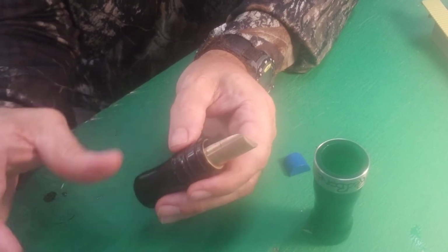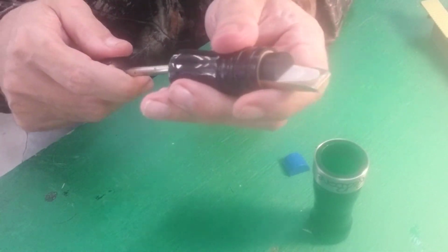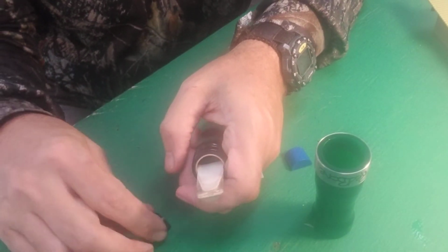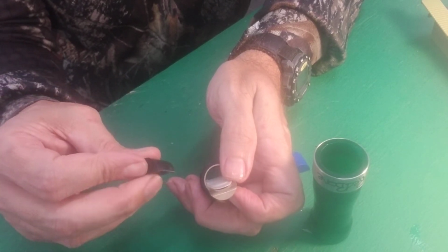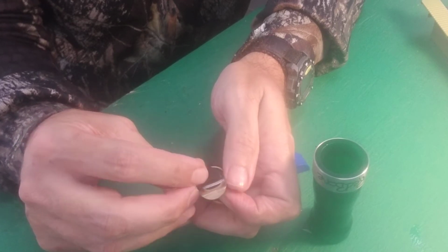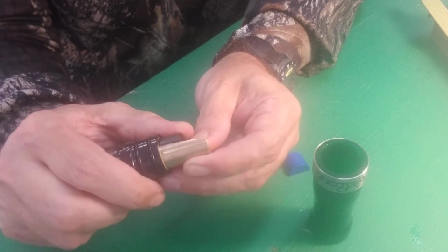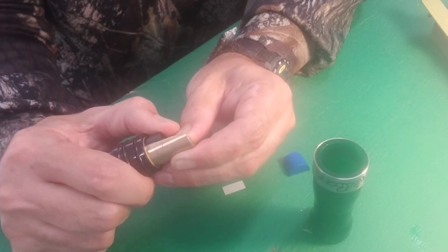Okay, so what you're going to do, you're going to get that screwdriver or some kind of object like a screwdriver. You're going to stick it in the insert, find the bottom of that wedge, the flat part, hit it on a hard surface, and you're going to feel it break free. Okay. Once again, the reeds set down flush against the reed stops on the tone board. That gives you the ability to float this wedge in between those two marks on the side, the high one and the low one. Let's put it right in the middle of the two